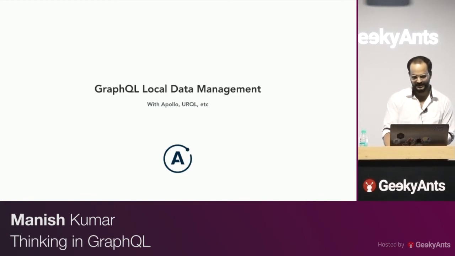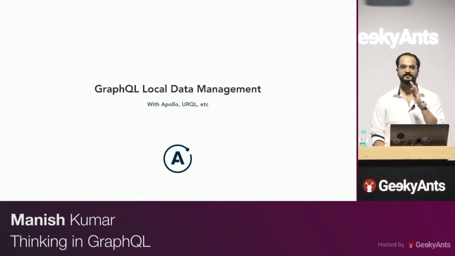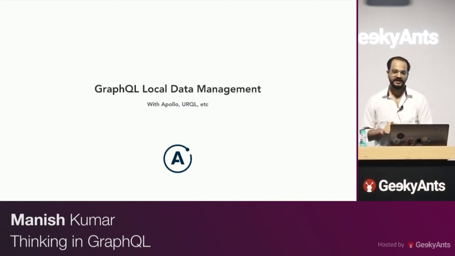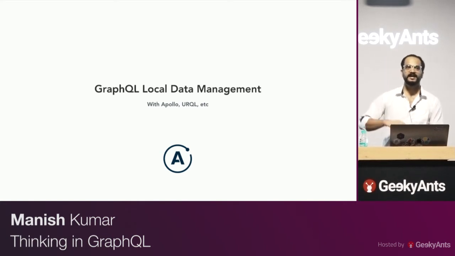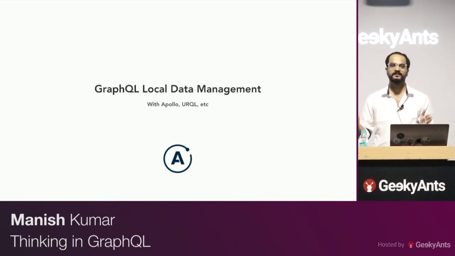One more interesting piece on the client side is, the previous one was just making the API calls, right? The comparison with REST. The other piece is what Gopinath was also talking about, the local data management. Right now, we make API calls with our API client, and then there's a completely separate data management for us, right? We have to understand the data that is coming from my API client and then somehow store it in a way that is still meaningful to me.